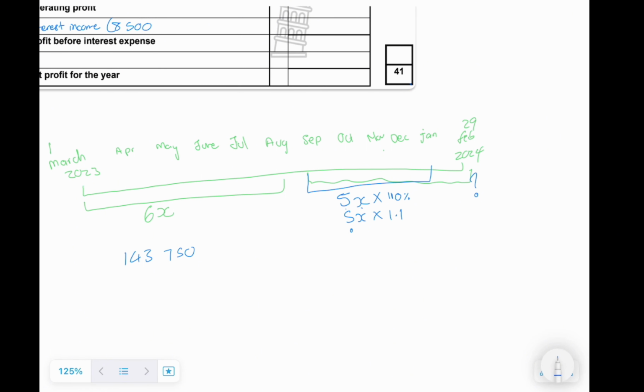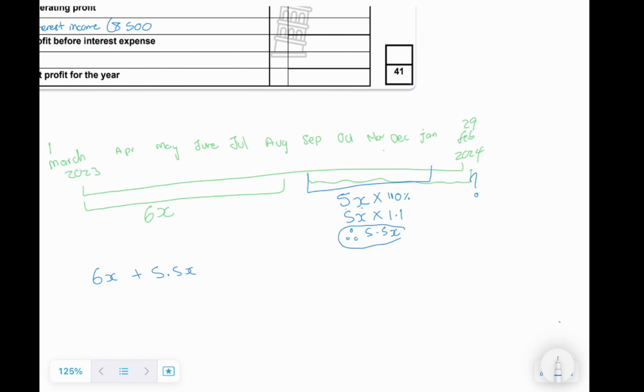Which means it's going to be 5.5x. So now we have 6x and 5.5x. The 6 months of the amount we don't know plus the 5.5x amount